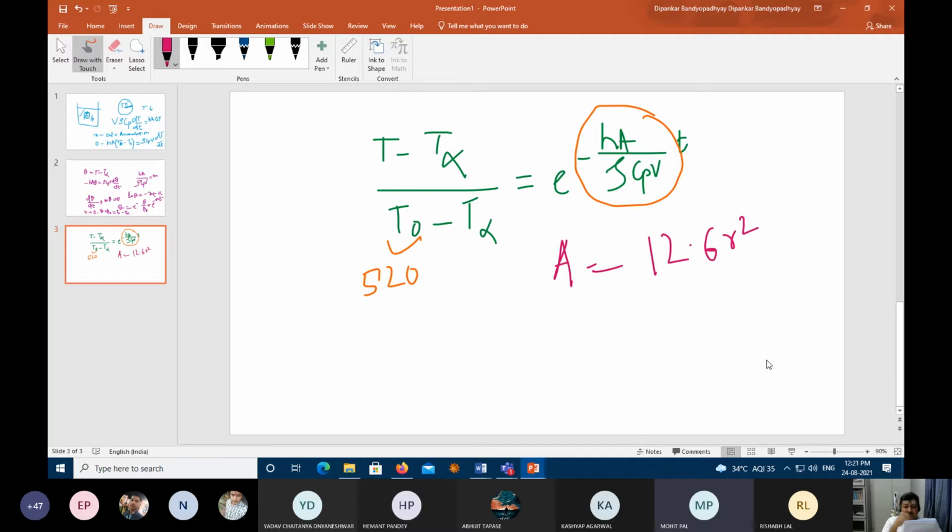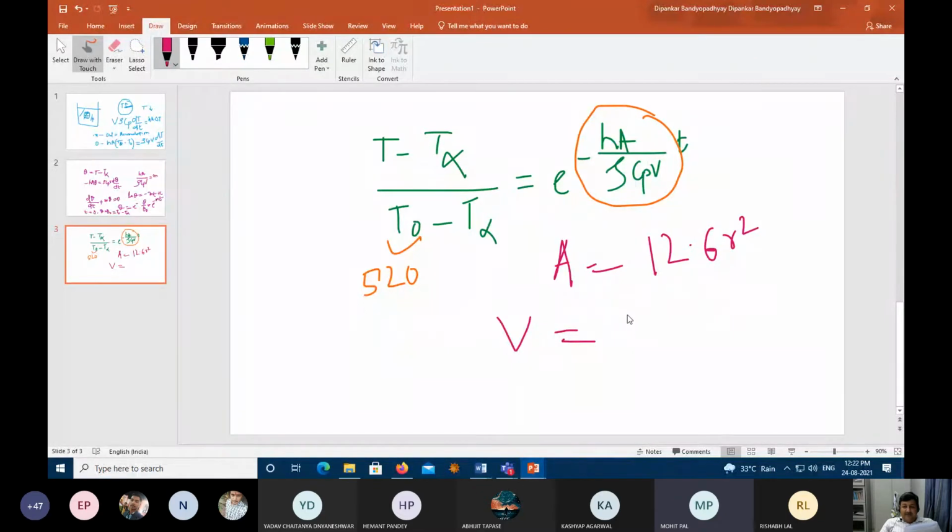For a cylinder, here you have to be really careful. The area is 2 pi r L plus 2 pi r square, because you have given another constraint: the height is given as the diameter. So I think it should be 6 pi r cube, with r the radius of the cylinder, times cube. So what is the volume?